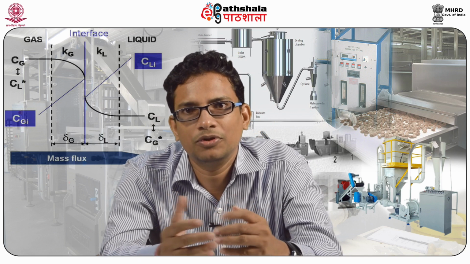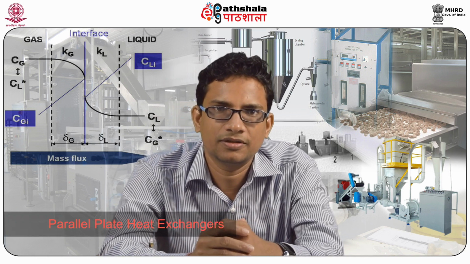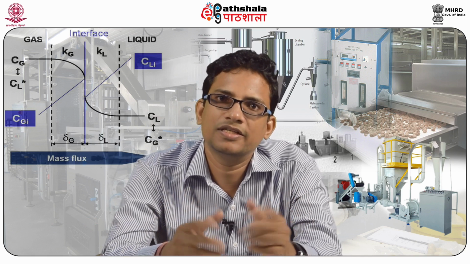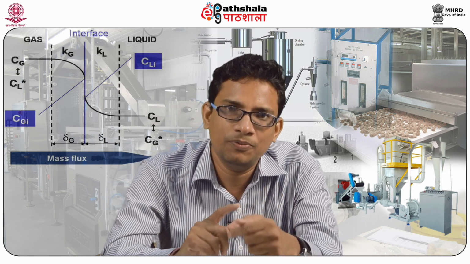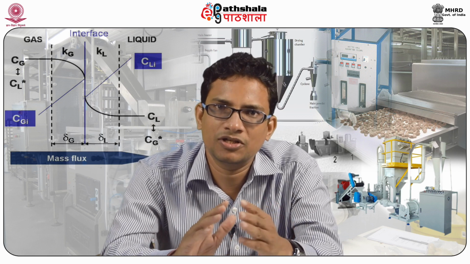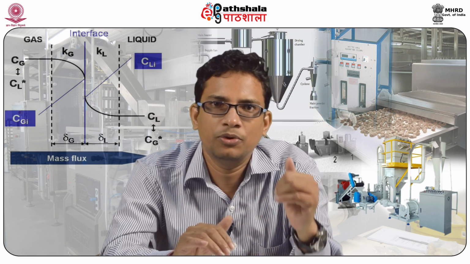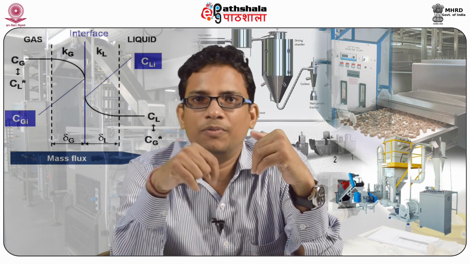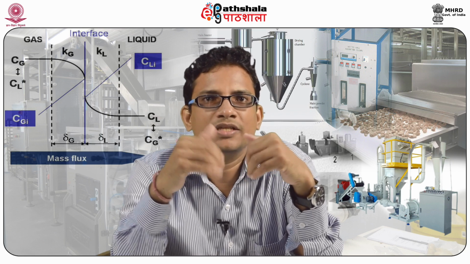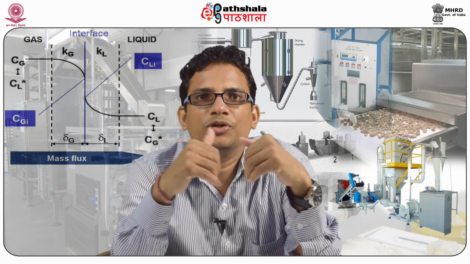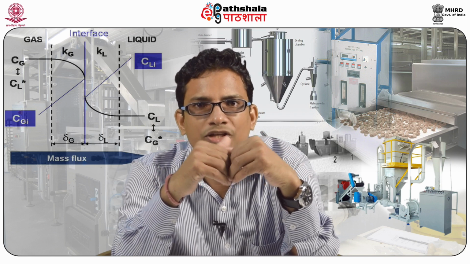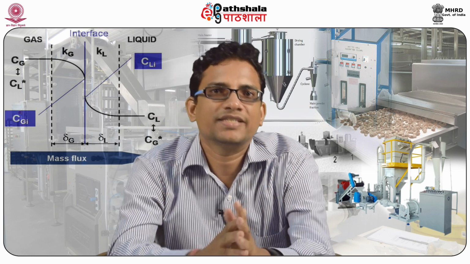Now let us come to the parallel plate heat exchanger. The beauty of the parallel plate heat exchanger is that if the area requirement is very small, then generally a parallel plate heat exchanger is recommended. In the parallel plate heat exchanger, the arrangement is such that one fluid flows across one plate and the other fluid flows across the alternate plate, so that there will be exchange of heat between two consecutive plates. This flow arrangement is mainly due to the gasket arrangement.